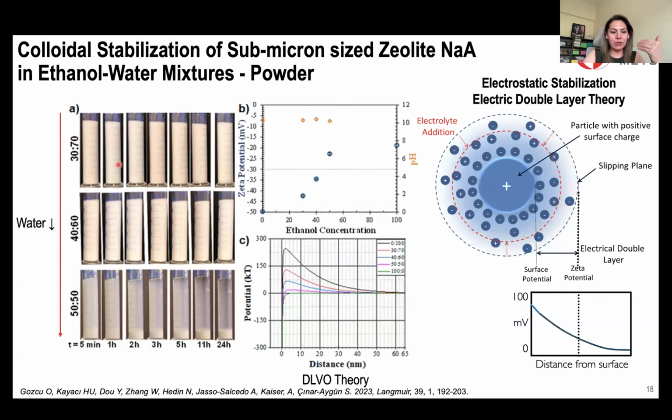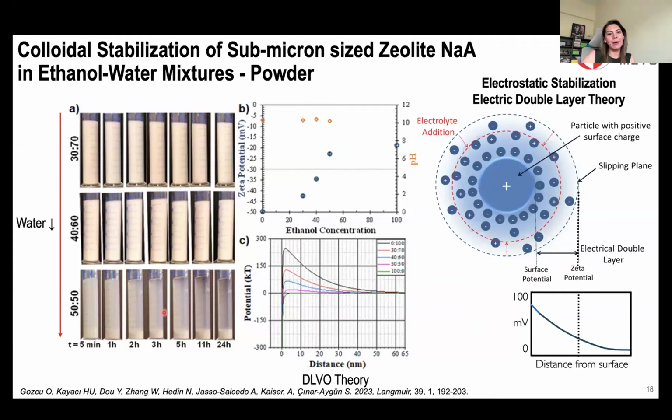But what happened is that once you increase that ethanol amount, we lost the stability, even though we used those pretreated particles. As you know, once we add those particles in solvent, the electrical double layer forms around them. However, ethanol has a much lower dielectric constant compared to water. So that electrical double layer shrinks and we lose the zeta potential. If you put those values in the DLVO theory, that repulsive energy barrier is reduced. So the electrostatic stability that we have in that suspension is lost once we increase the ethanol amount.